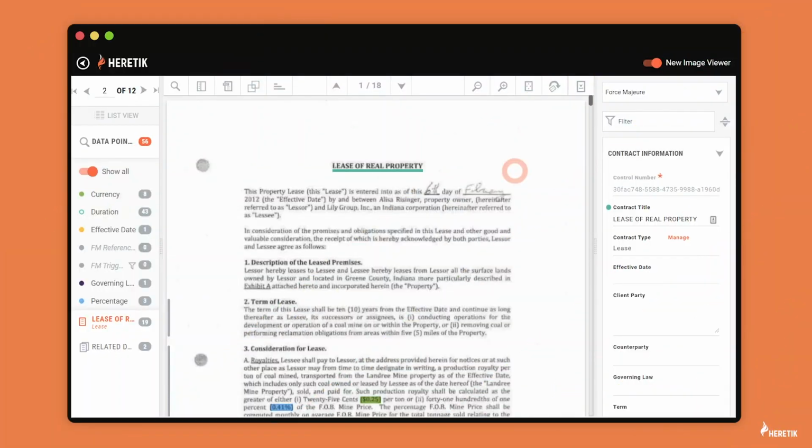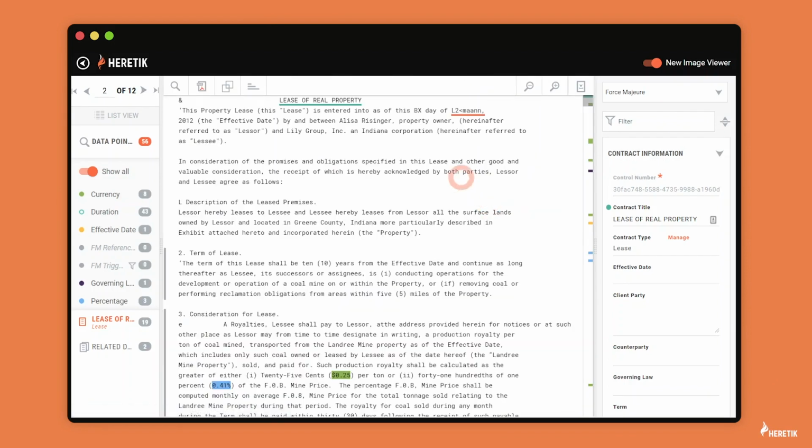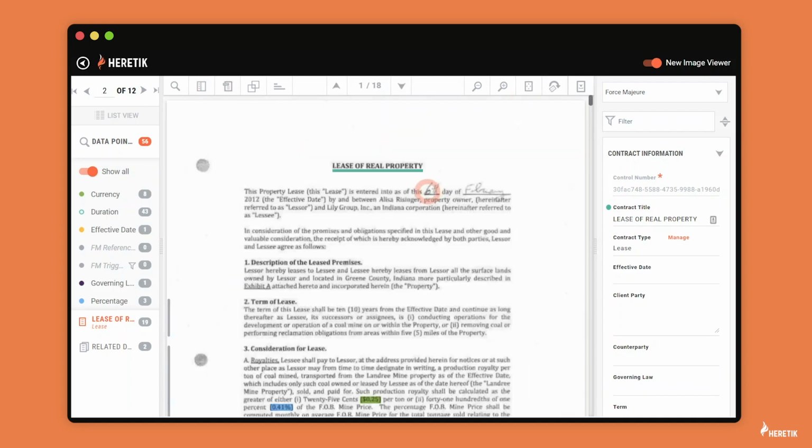So now I'm in the image viewer looking at a scanned PDF of a lease. You can see it's a pretty bad scan, and it also has some chicken scratch handwriting. And so if I go to the text, I can see that "BX day of L2 man" is not a thing. And so if I go back to the image, what I can do is select this,